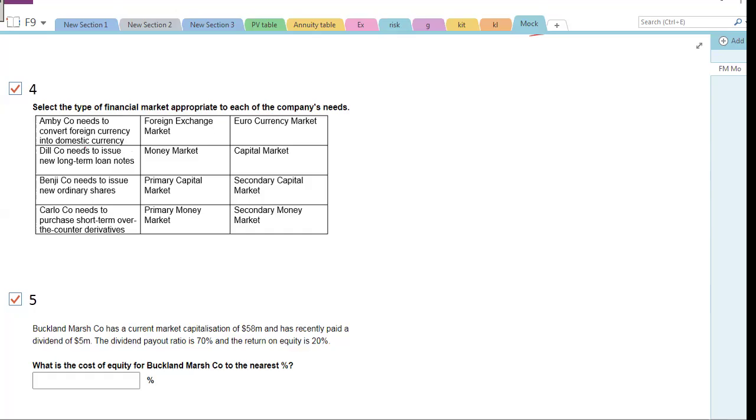Okay. Which market are you going to use if you have the foreign currency and you want to change that into your local currency? The foreign exchange market, right? The euro currency market, just in case you don't know. Or you might have heard the word euro bonds, if you remember. So euro currency